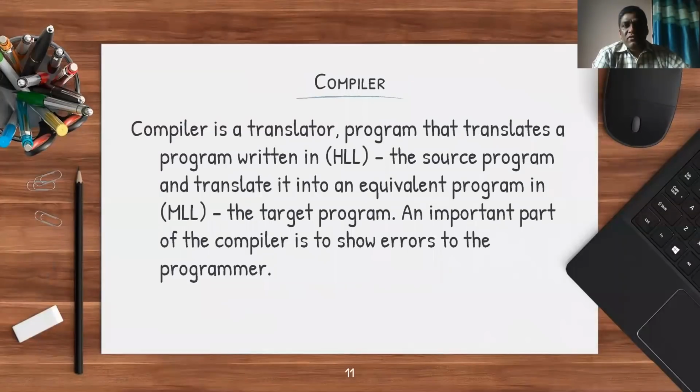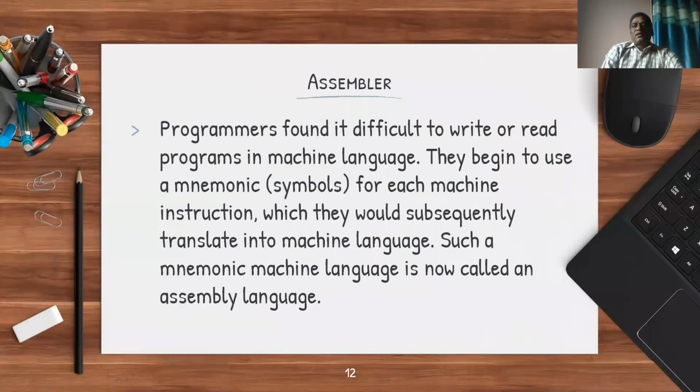If you know the evolution of programming languages, in the earlier stage, programmers wrote programs in machine language, which consists of only zeros and ones, which is a tedious, very difficult task. Therefore, the next evolution was assembly language, where programmers used mnemonics.